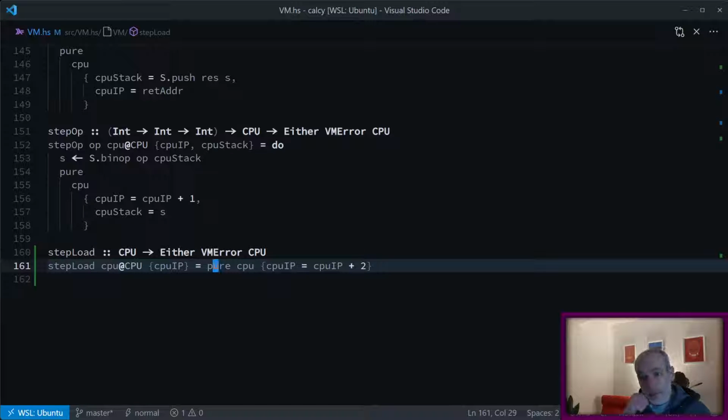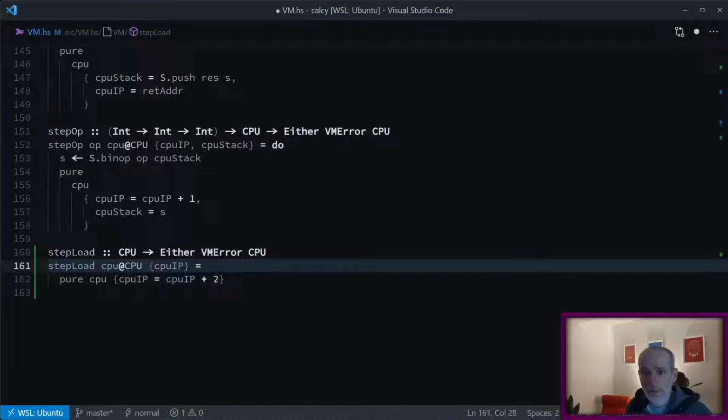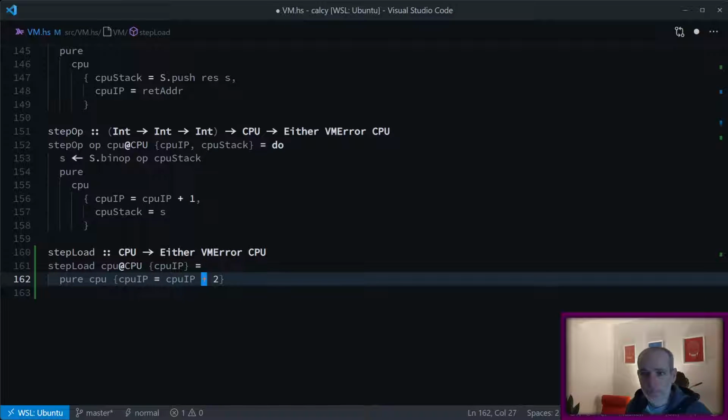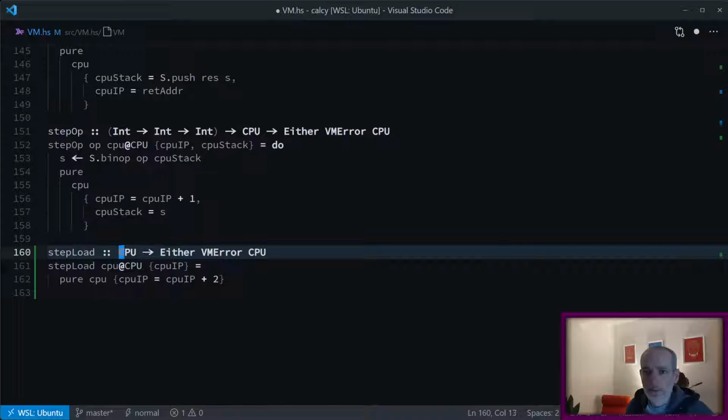Okay, but anyway, back to the loading thing. This should be really easy. We will get 2 things out of the program. So we're going to need to pass the program in as well, actually. One will be the instruction itself, which is load, and then the next thing will be an operand, which will be the address in the stack of the value we want to load. So let me also take the program